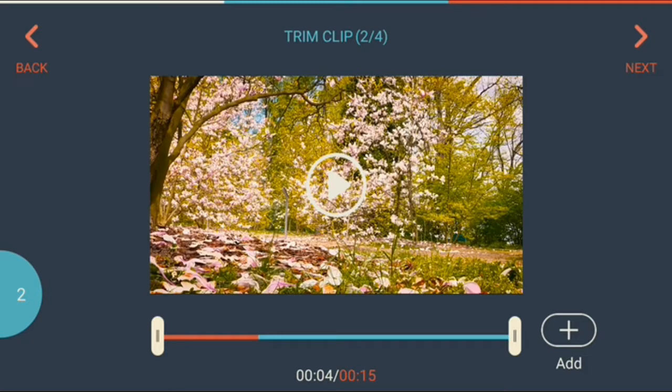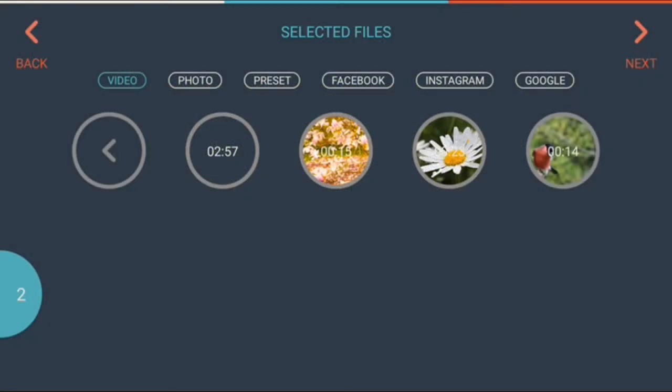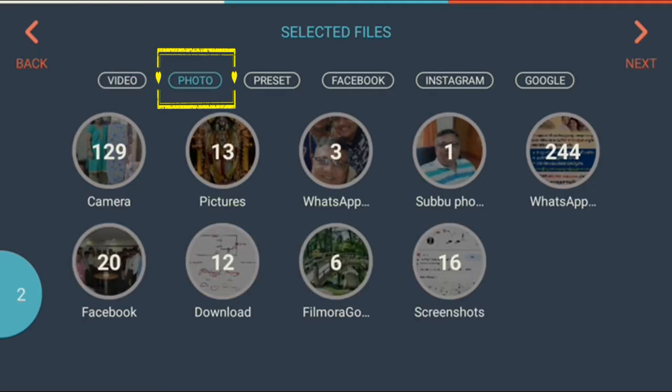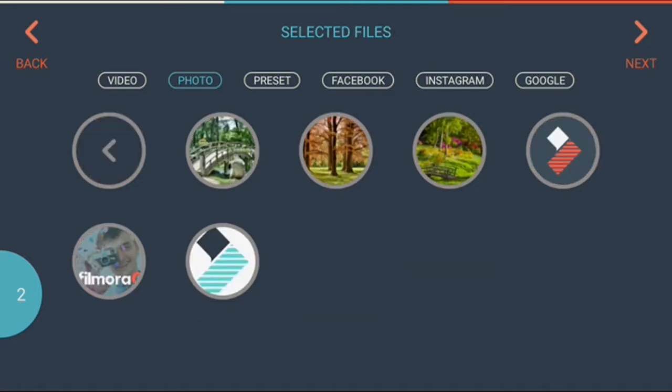So I will go back and select the photo tab. Here the folders with photos are shown in this page. I will be opening the folder which contains the photos for this project.